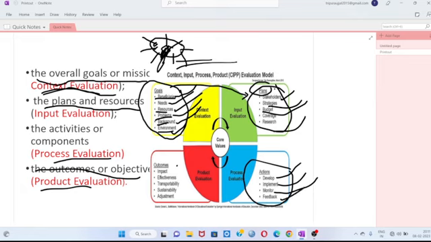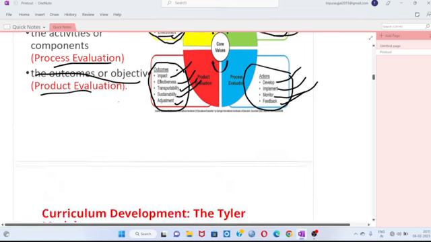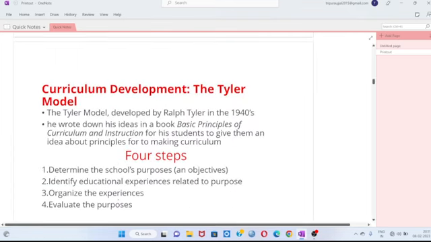So last is the process after doing the actions. What is the result of the action? What is the outcome? Is the impact good? Is it effective? Is there transferability? Is there sustainability? Is there adjustment? Those things. So now I think you might be a little bit clear somehow.